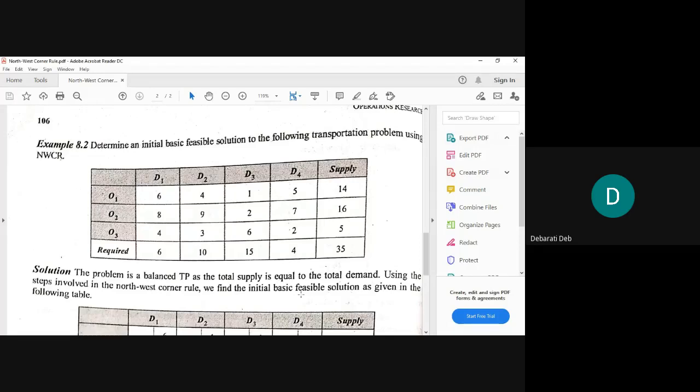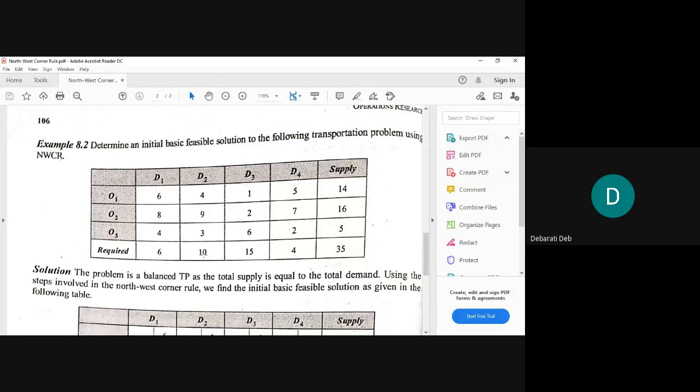How to check the balanced one? All of you listen to me very carefully, okay? Those who were not attentive yesterday, again I am saying please wake up and listen to me properly today, so that this method becomes clear to you. So our first step is to check whether the problem is a balanced one. The way to check this is you will have to make the total of the supply column, and you will have to make the total of the demand column or the required column. That means the last row and the last column, you have to make the total of these two. So if you make the total, you see what will be the result.